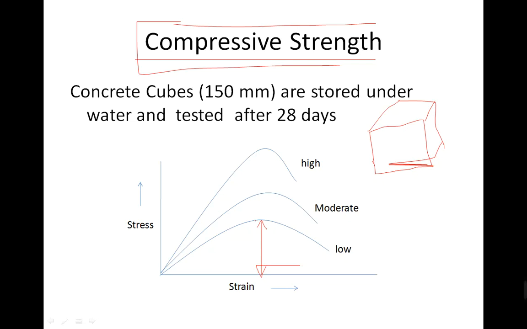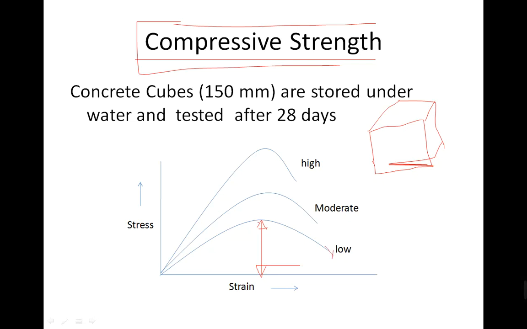Okay, this is the maximum. When it reaches that value, what happens after that? The load is gradually falling down. So this value you know, and this value divided by the area of the specimen, the area of the cube, gives you the ultimate strength. So what is the ultimate strength? Beyond ultimate strength, the member cannot carry the load. The stress is gradually reducing, and finally failure occurs, rupture occurs. So this is the rupture point.